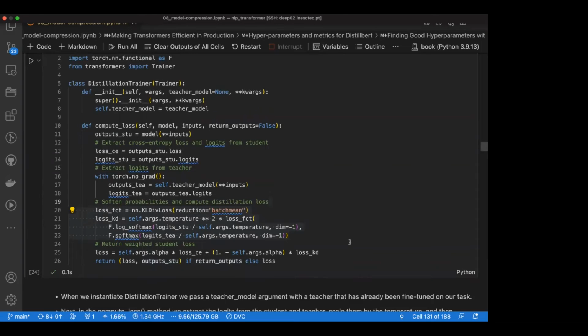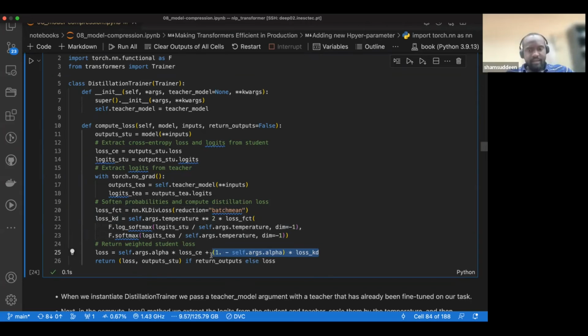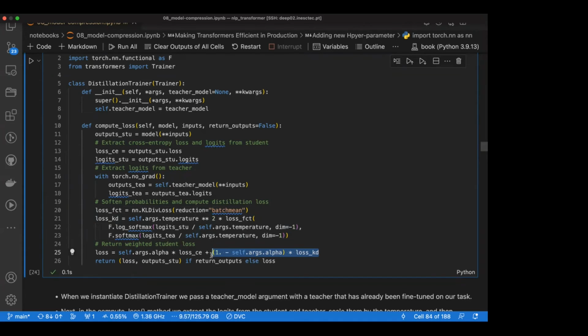When alpha is 1, the second term in the equation goes to 0, because 1 minus self.args.alpha is 0. So that goes to 0 times the KD loss. So when you do set alpha to 1, there is no distillation going on because essentially you're just learning the cross entropy loss. You're just using the Distilbert student model and, as Yakov said, the point is the student model itself seems to be good enough to almost get within 1% of accuracy of the teacher model. And when you set alpha to 0.13 or whatever you find through Optuna, you now